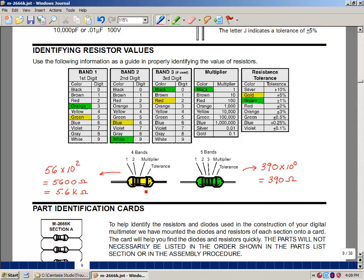If the fourth band here was gold, then that would be a 5% tolerance. And again, what that means is that you would take 5.6k, multiply it by 1.05, that's your upper limit, and multiply it by 0.95, and that's your lower limit. And that resistor is going to fall between that range of values. And once we have the digital multimeter, we can measure this fairly accurately and at a much tighter tolerance than that